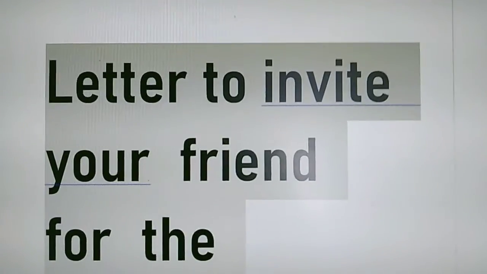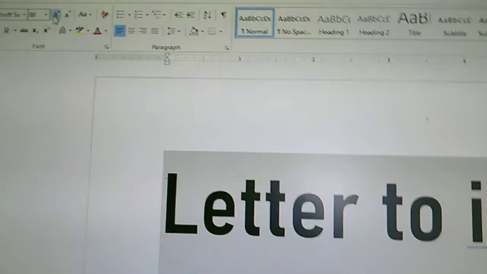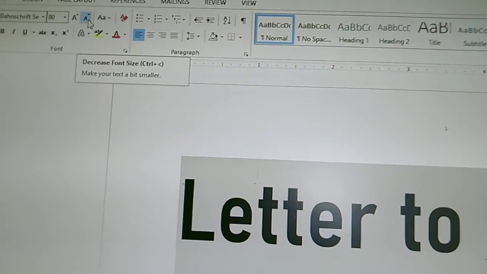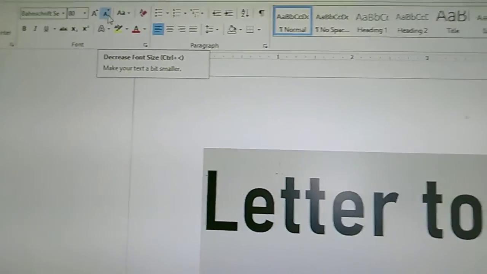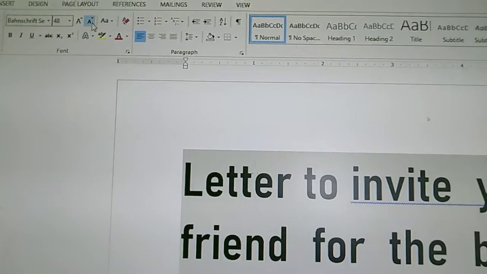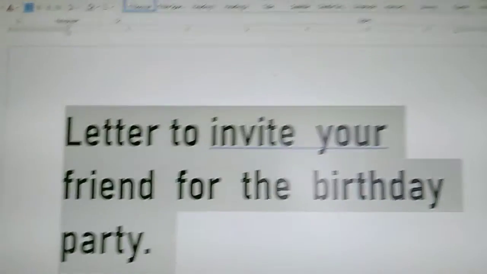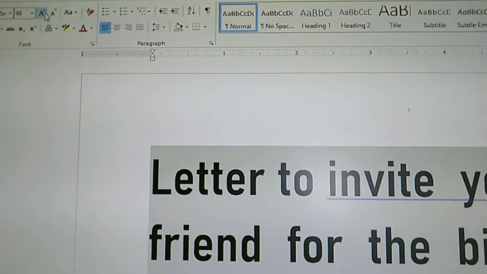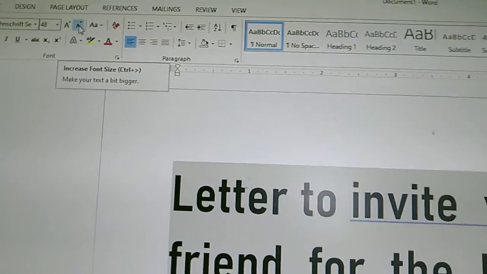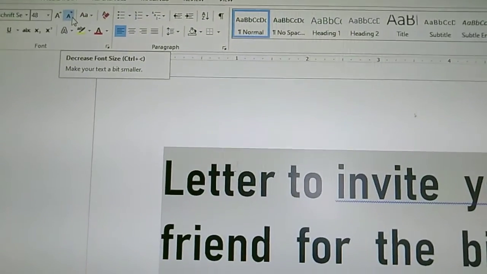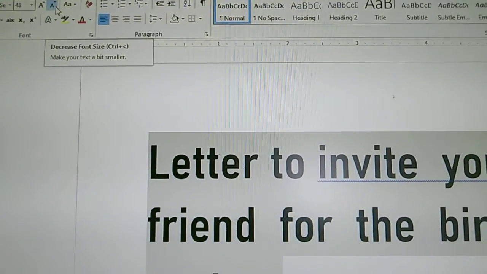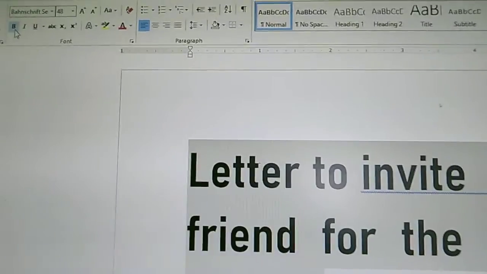Next to that we have A with a down arrow, that is shrink font. If you keep on clicking on that, the size of the font decreases. So A with an up arrow is grow font, and A with a down arrow is shrink font.